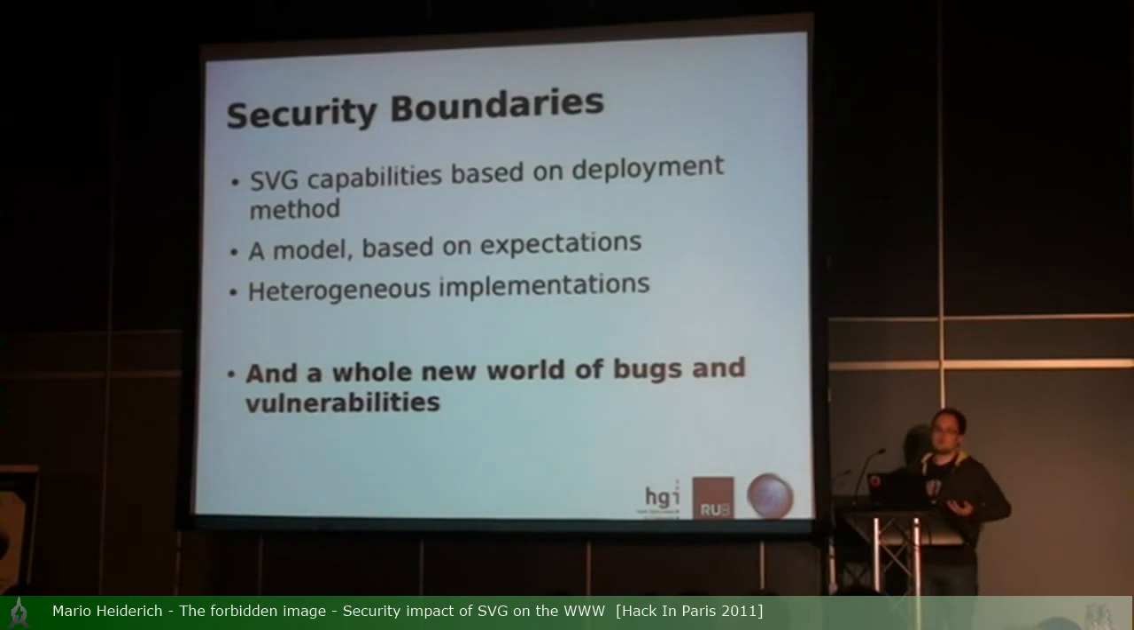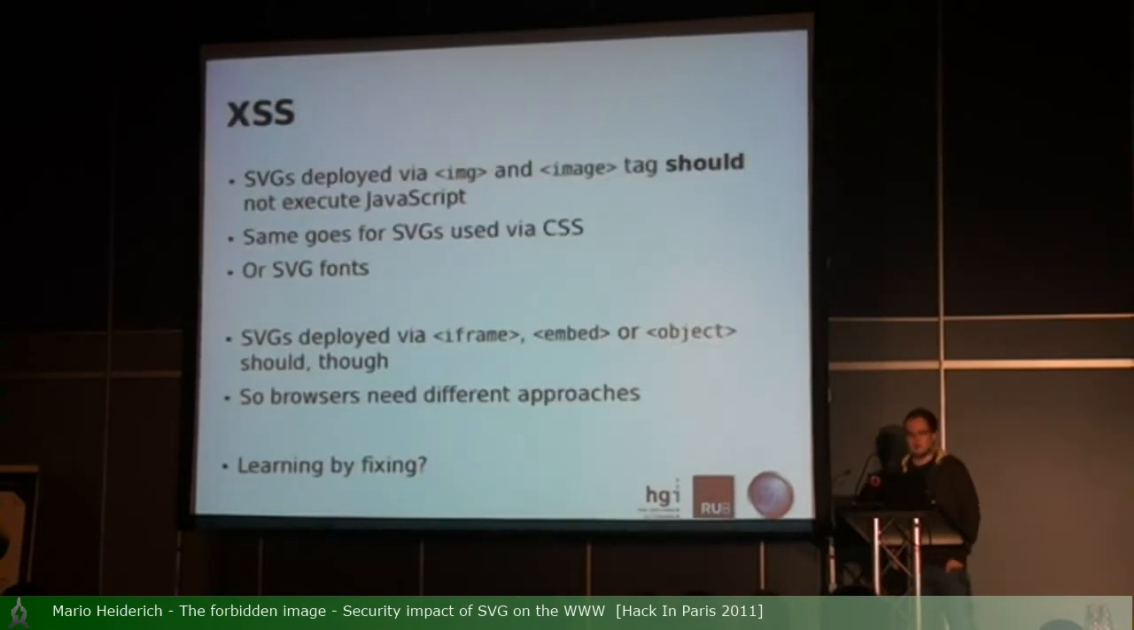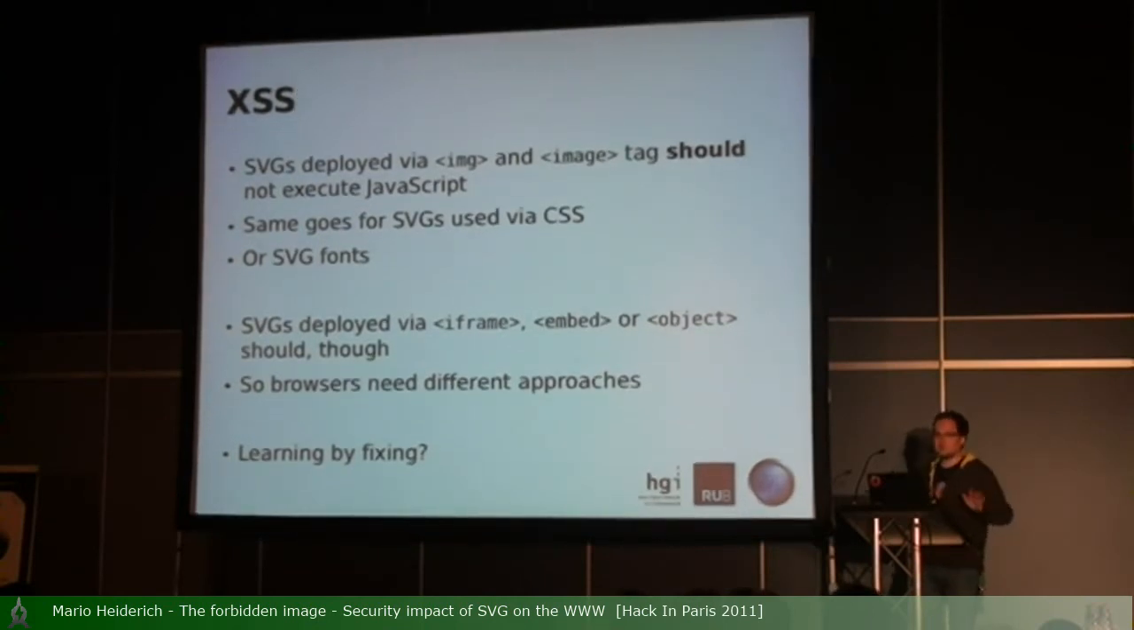So if there is no document saying this is how you have to do it, then every browser does it its own way. And when you test SVGs and how browsers react to that, you will see so many different behaviors and so many quirky ways of doing stuff. Every single browser does it differently, and it's quite interesting. So, one thing you can, of course, do is leverage XSS by using SVGs. And you might think, okay, image and image tag should never be able to execute JavaScript